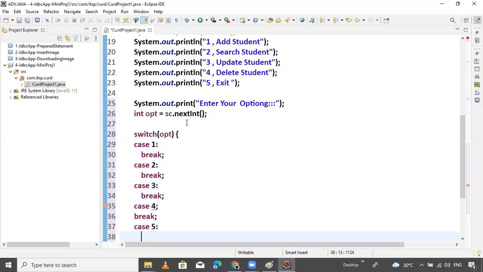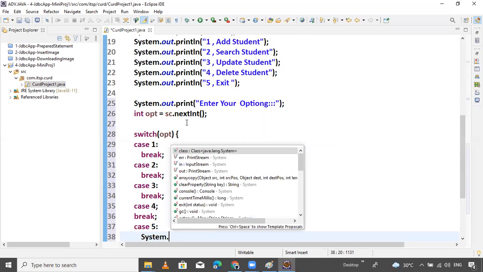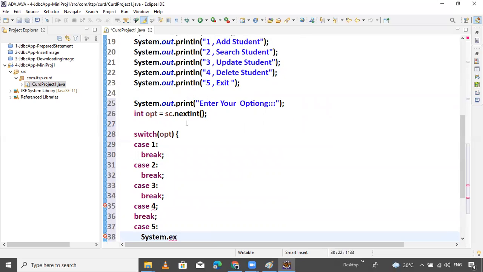What is that? Exit. You press System dot exit, now pass the value and give.